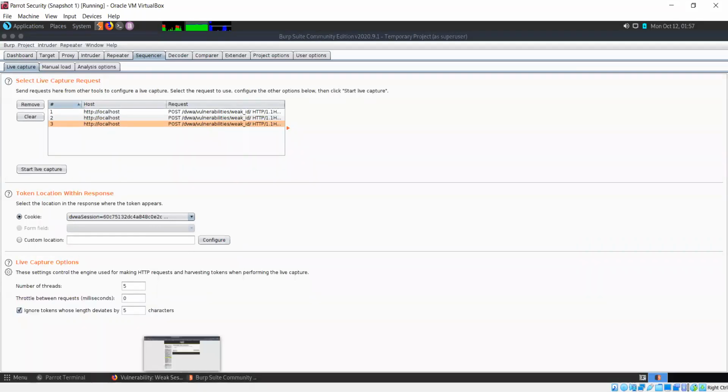So Burp Suite seems to think that okay, this is good enough, but let's do a little checking of us myself.